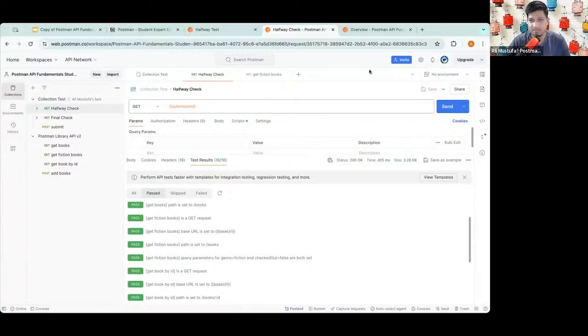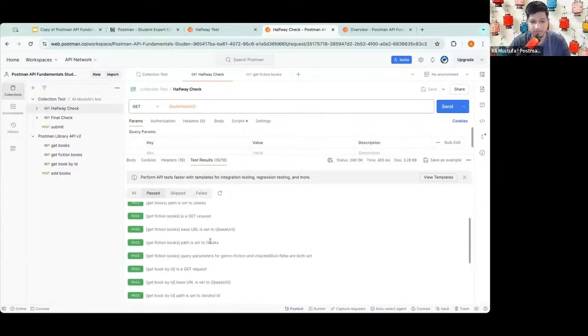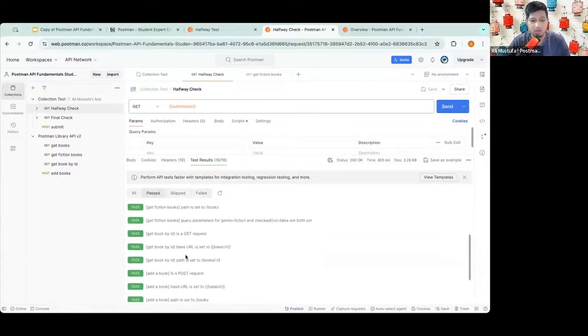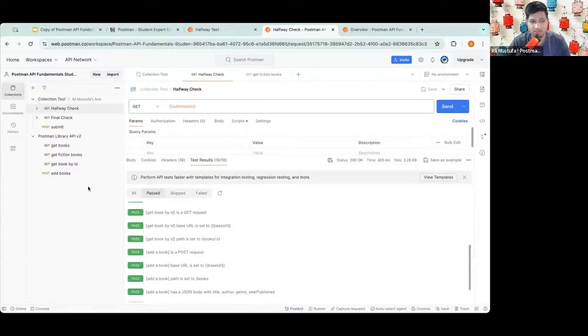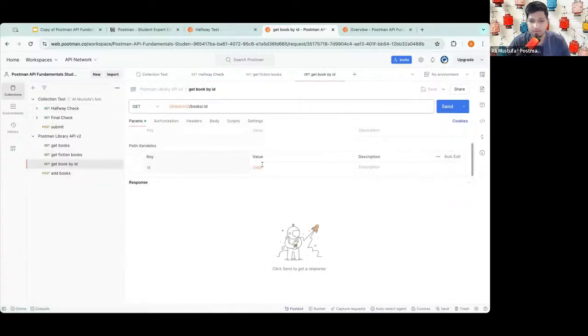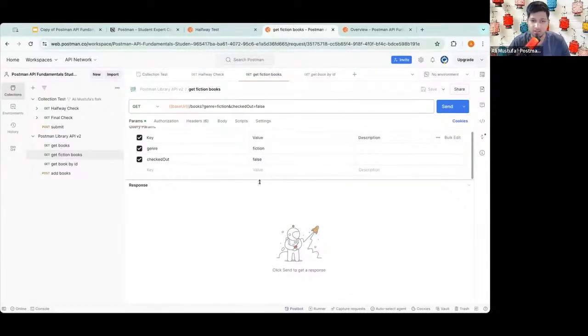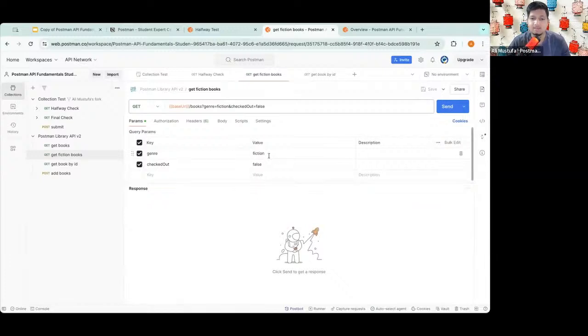Try to read the error messages like I did, right? So what I did, I read the error message that it was showing 15 on 16, right? And the failed message was that, okay, your get book by ID request has true instead of false. So I went back there and then I changed this from true to false. And then it worked out and I got 16 on 16. So read the messages. Most of the time you will find your error yourself. If you can't, do not worry, ask support on Discord and we'll be able to help you out.